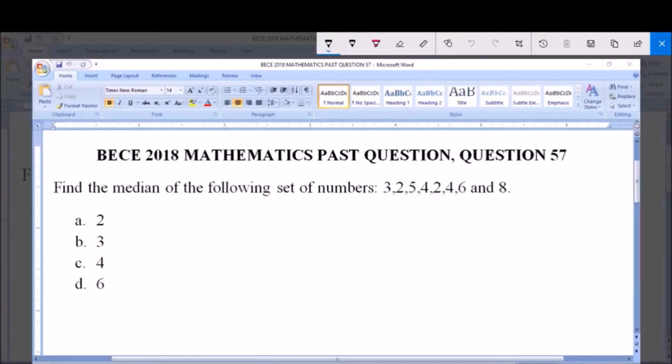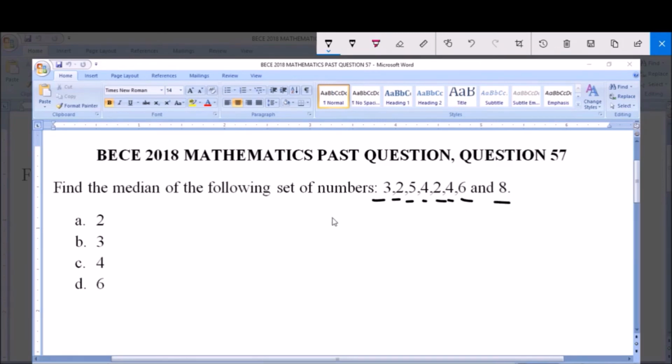Today we're going to be dealing with BECE 2018 Mathematics Past Question, question 57. Find the median of the following set of numbers: 3, 2, 5, 4, 2, 4, 6, and 8. A, we have 2, B, we have 3, C, 4, and D, 6. So we're to find the median of this following set of numbers: 3, 2, 5, 4, 2, 4, 6, and